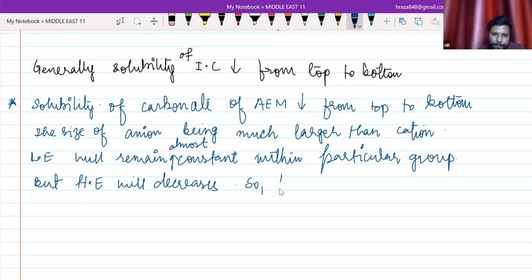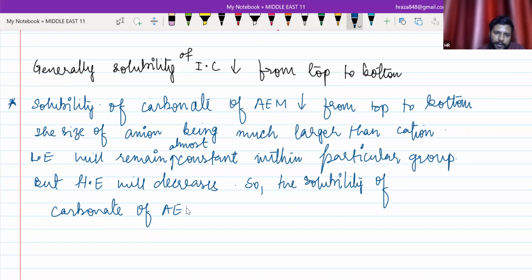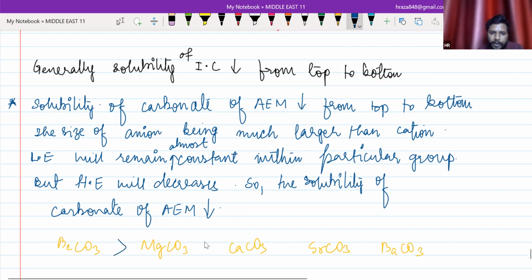So the solubility of carbonates of alkaline earth metals decreases down the group. Is that clear? So if we are talking about carbonates BeCO3, MgCO3, CaCO3, SrCO3, BaCO3, down the group it will decrease. Simple. If we talk about it generally